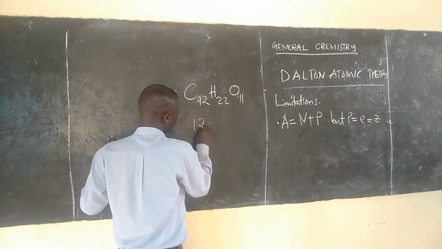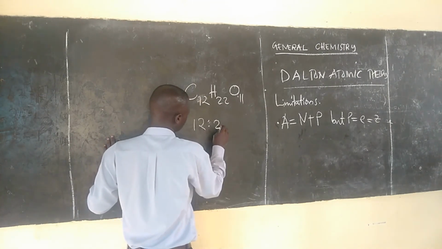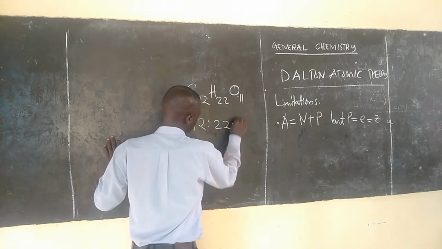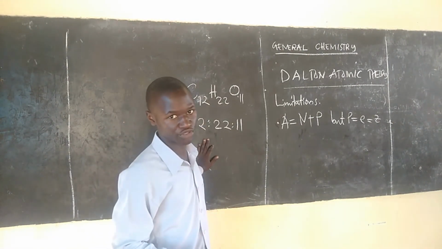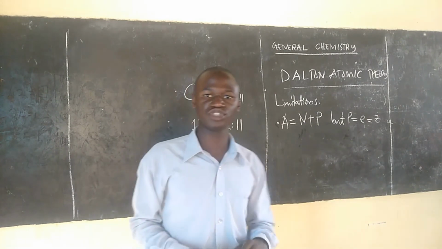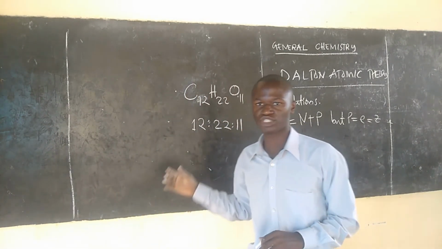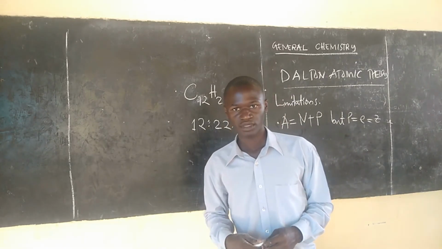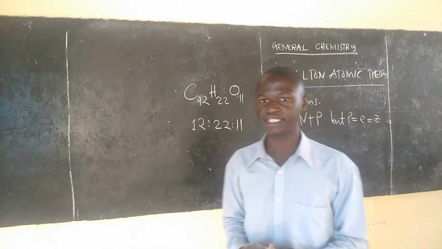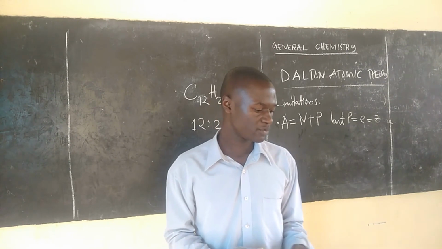So here we get 12 ratio 22 ratio 11. You see, the ratio is fixed in all molecules of maltose, but this ratio is not simple. It is a complex ratio. Now this marks the end of our first session in atomic structure,